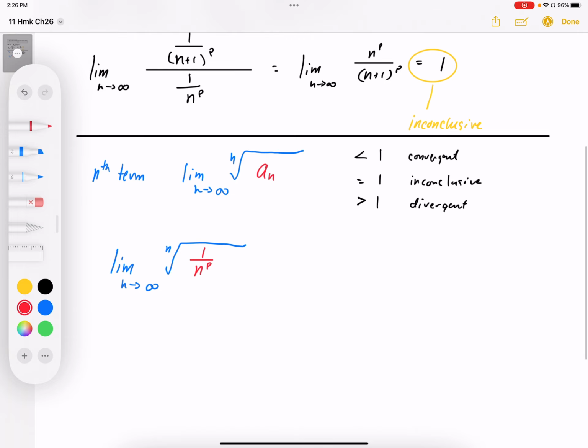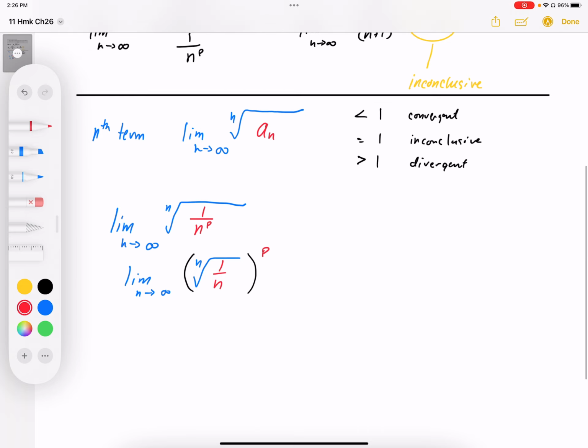So I'm going to set this up. So the nth root of n, we're going to separate this out to the nth root of 1 over n, and then outside of that we're going to put the p,